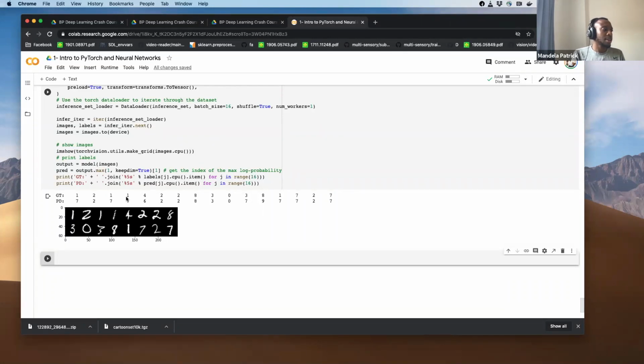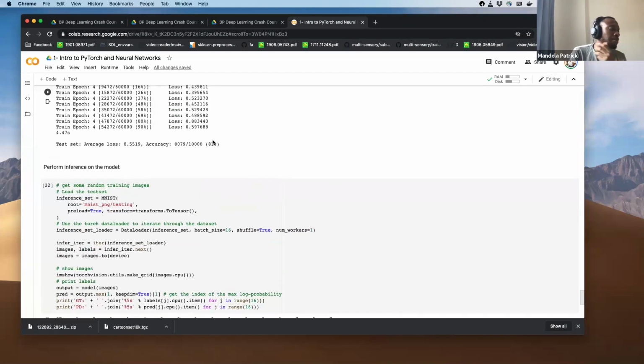Similarly, it makes an error here, makes another error here. It predicts 6 when it's the 4. It gets 2 correct. It seems to understand 2 pretty well. It gets the 8 correct, it gets the 3 correct, it gets the 0 correct, it doesn't get this 3 correct, it doesn't get the 8 correct, and it makes a bunch of other mistakes with 1 and 7, as we were seeing. So the final accuracy of this model is about 81%.